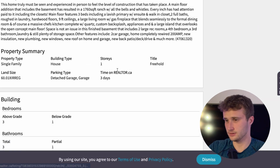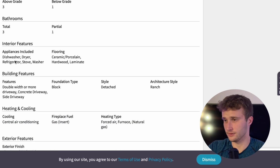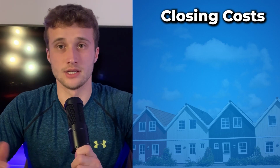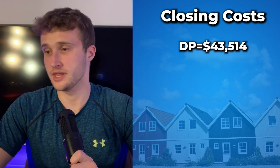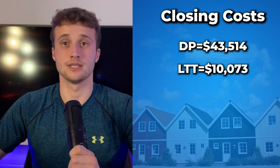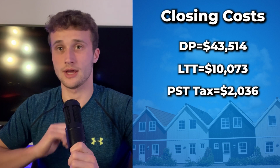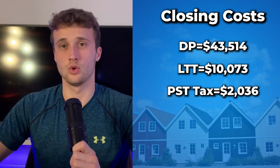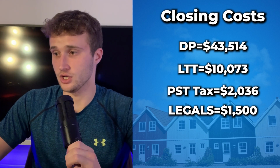And this house is... So it's a 3-bedroom house with 3 bathrooms. So what are the closing costs going to be on this property? If you're not a first-time home buyer, you have to pay a down payment of $43,514. Land transfer tax is going to come to $10,073. PST on mortgage default insurance is going to come to $2,036. And then you have to pay lawyer fees of approximately $1,500, bringing the total cash needed upfront to